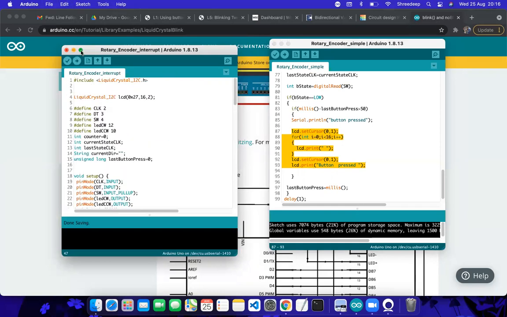Okay, so now we are in the input interrupt mode. Let me see.